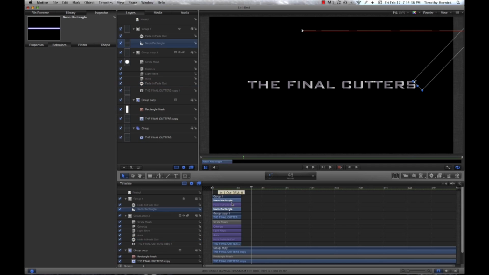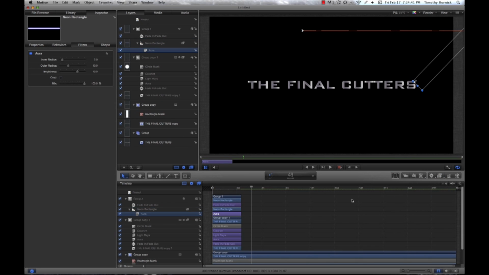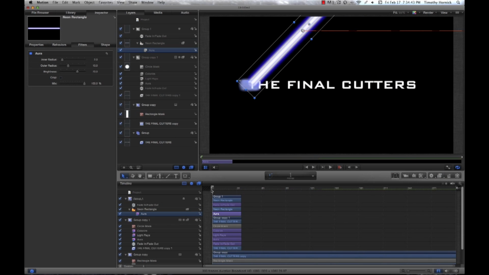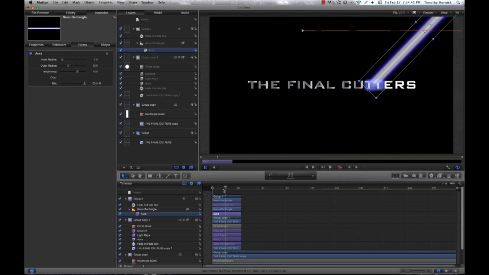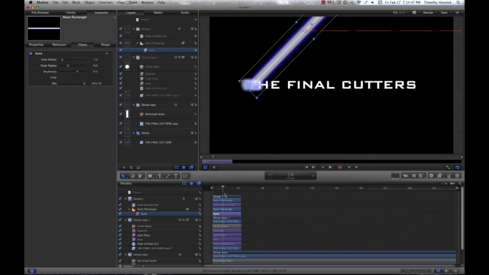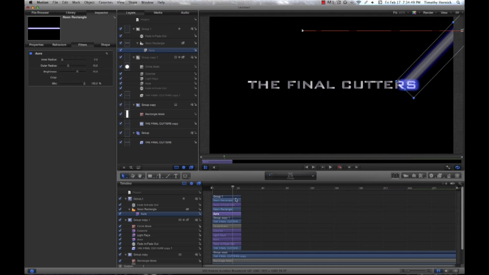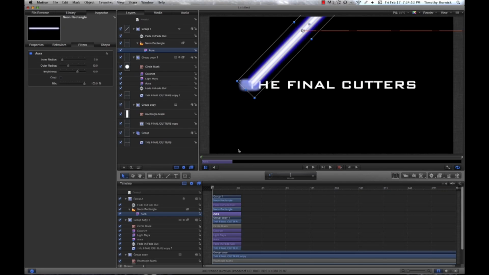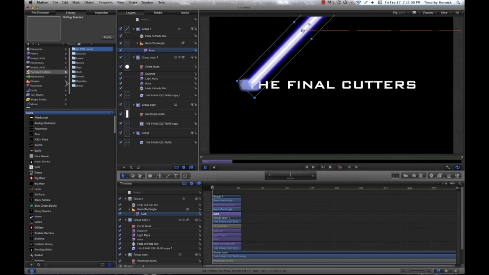I also said I was going to put an aura filter on this, so I'll just do that rather quickly. You can see how that made it a bit more realistic. So now that we've done that, the laser is done. So what we're going to do now is we want to go into our library. We want particle emitter,